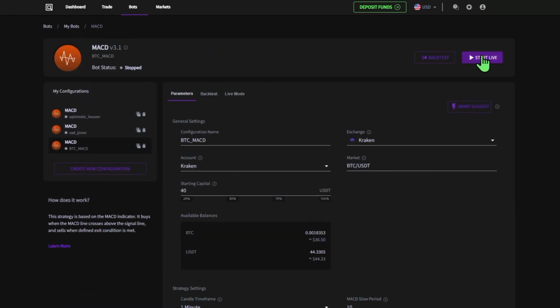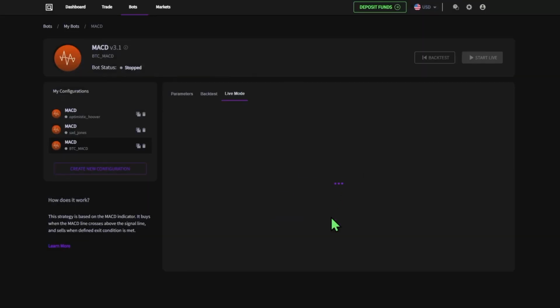But once you do that, you hit start live. And then the bot should be up and running. It takes a couple of seconds, but you can see here with the green light that the bot is running. It's going to take a little bit for the screen to come up with all the information. But at this point, you should be ready and good to go and ready to start trading using the Quadency